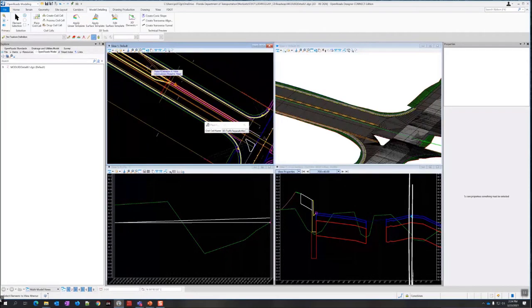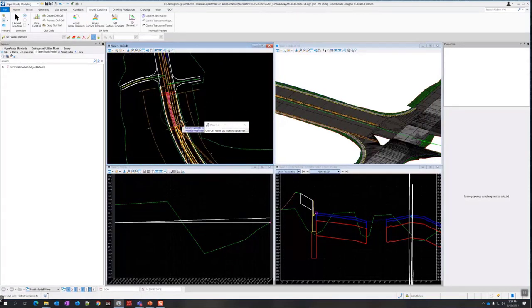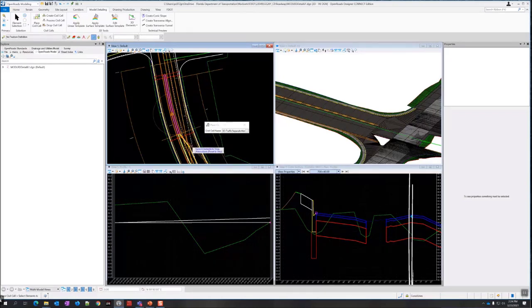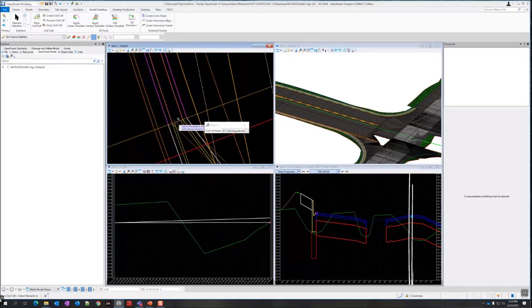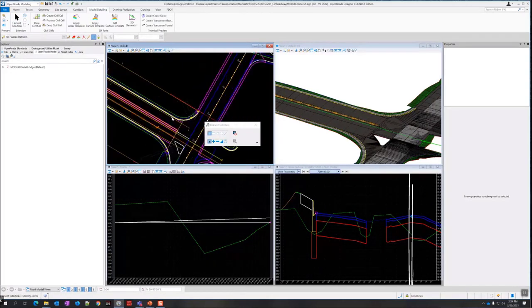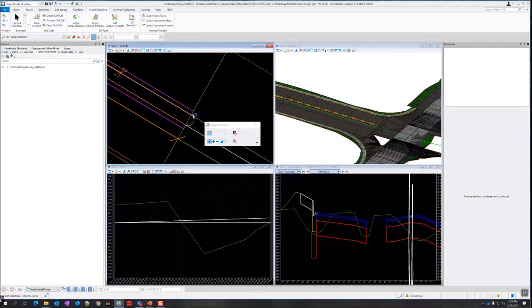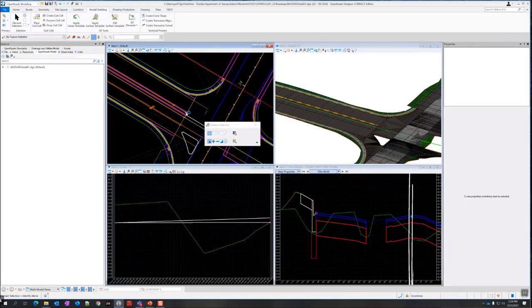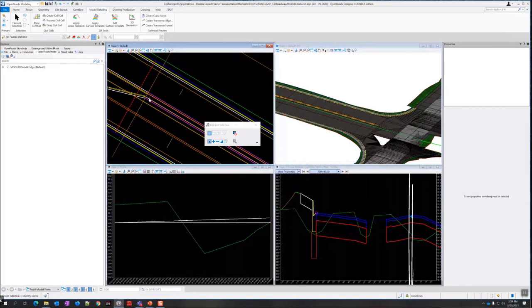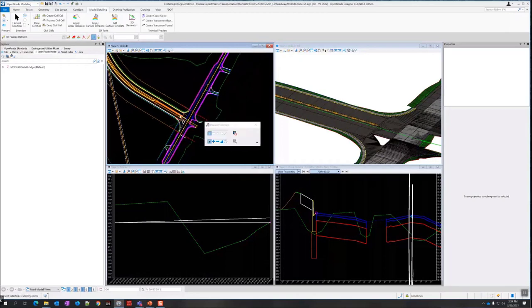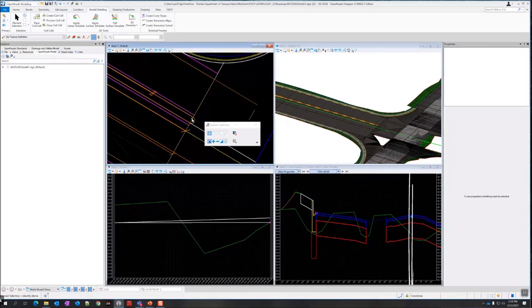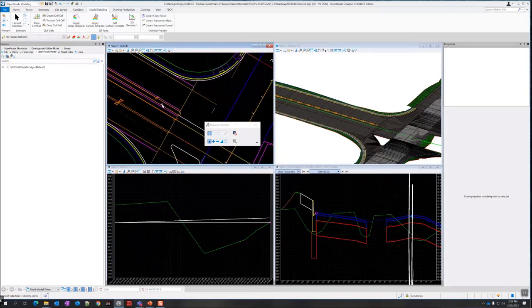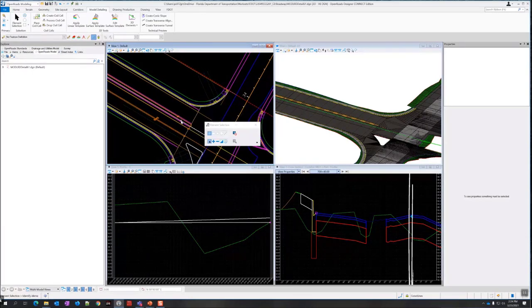But I think it's not going to show correctly because it's probably trying to build it. Yeah, see, it's trying to build it over there. Very problematic. And then it puts it in there. So I'm going to have to do construction lines to build that. I'm not sure why the pavement asphalt PM is not working. The only thing I can say is because it's connected to the corridor, it's basically connected to the other side, and it's getting confused as to where it needs to go, and it's not giving me the option to put it over here. So if I just trace this with a construction line, I could build it off of there,